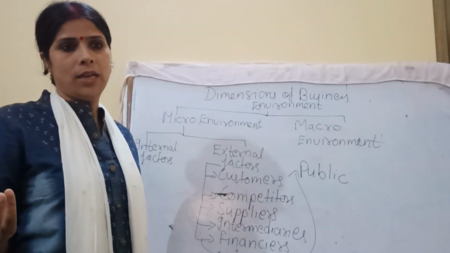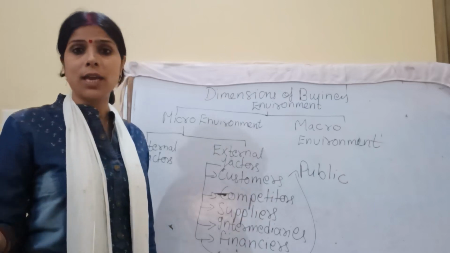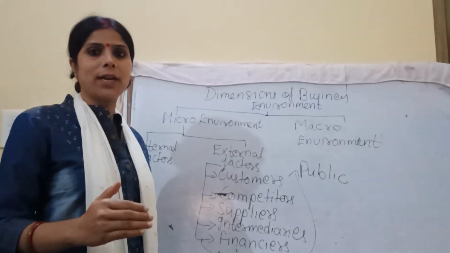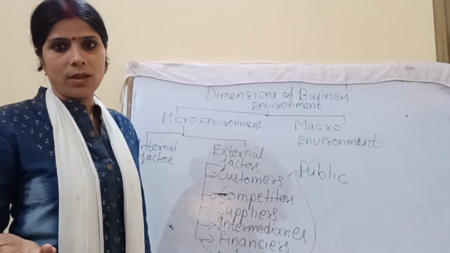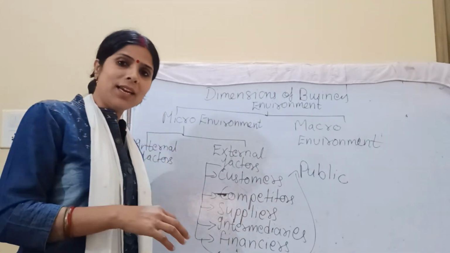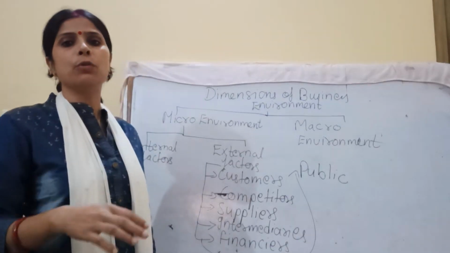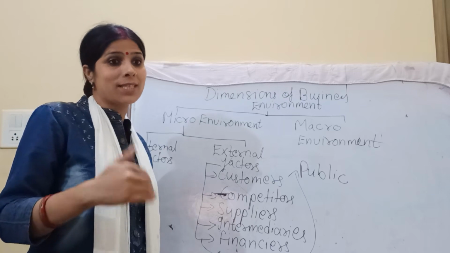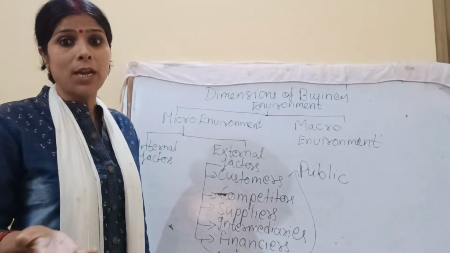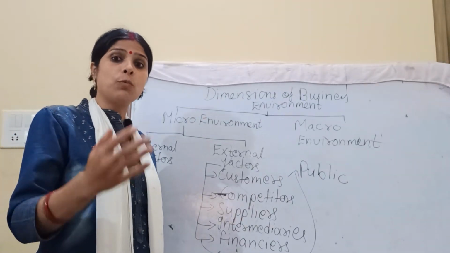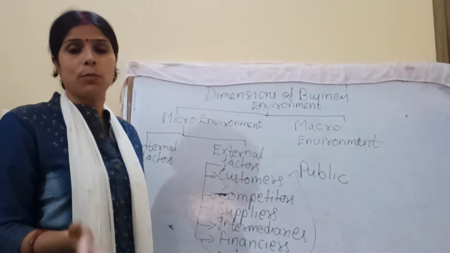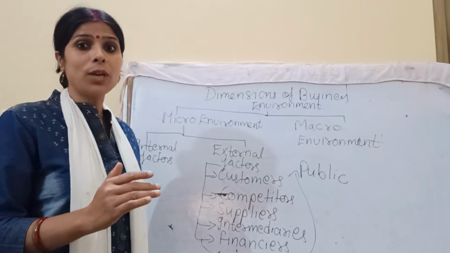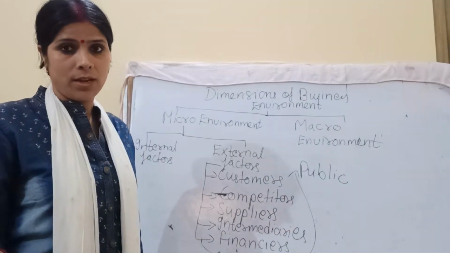As it is said in marketing, the customers are the king. Business concerns first have to find out the needs of the customers, and then according to that they have to produce the products. It is not the producers who will decide what they are going to produce. It is the customers who are going to decide what the producers are going to produce, because they are going to produce according to the needs of the customers only. Then only they can satisfy their needs.